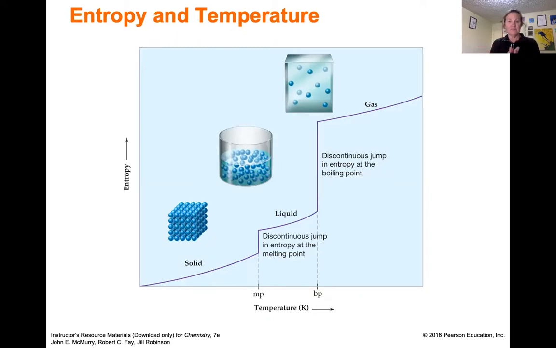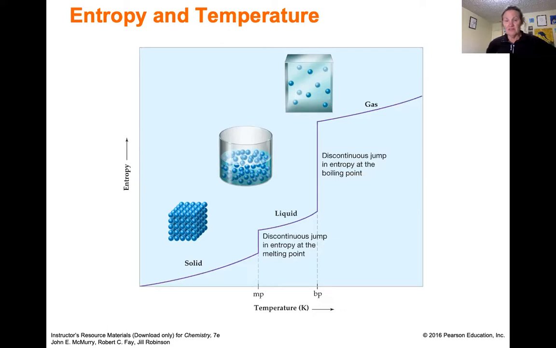Then when you get to the phase transition from solid to liquid, you have a big entropy change, go up on the y-axis, because you're going from particles that are held in their spots in a solid to their free movement. In a liquid, they're moving past each other and the bonds are continually breaking and forming. But then with a liquid, as you increase the temperature, it's going to be more kinetic energy, more randomness, more ways to do it. And so the entropy will continue to increase. So notice, it doesn't matter what the phase is, the entropy is always increasing with temperature.